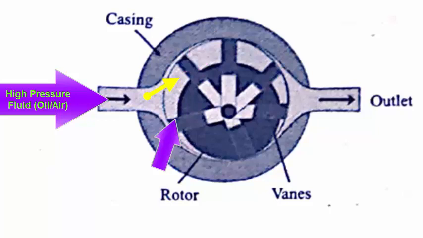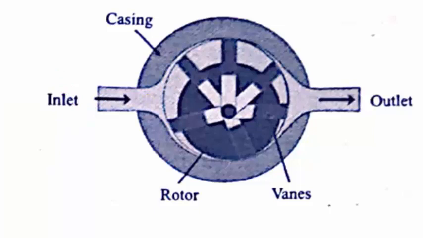So the vane is present in the rotor casing. This is the rotor. In the rotor you are having slots. In the slots you are having the vanes which can slide up and down. Usually in case of the motor, what happens is you will be having a spring here, which will ensure that the vane is always pressing against the casing. Otherwise, sometimes it can happen that the vane will simply slide down at the initial condition.